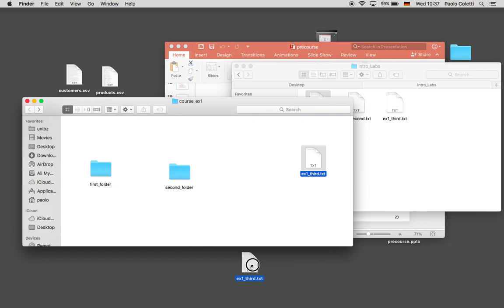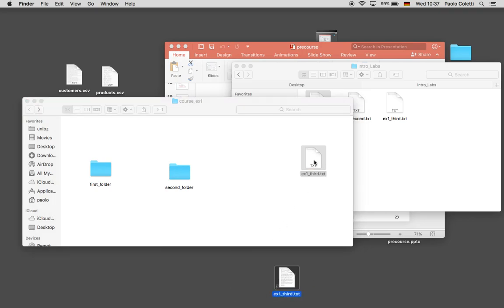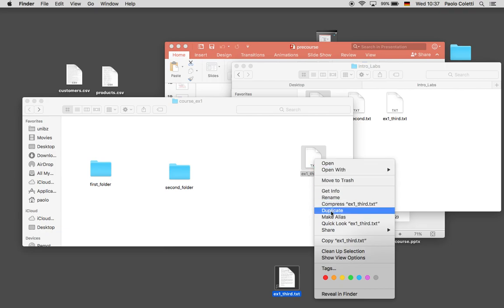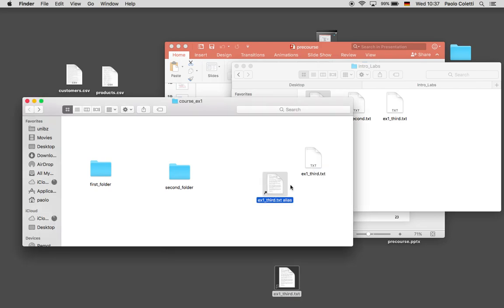You drag somewhere else pressing Command Alt and the arrow appears. Now if I release everything, the link will be created. So you can see this is a link. An alternative could be right click, make alias, and you create the link to that file. Now let me delete this thing and this thing.